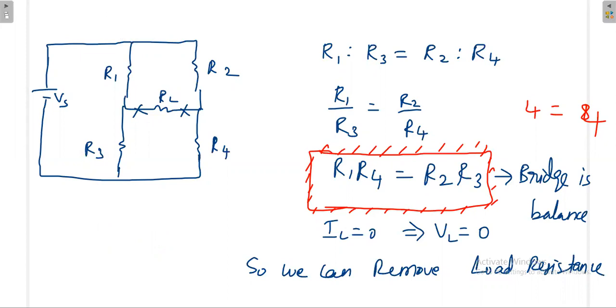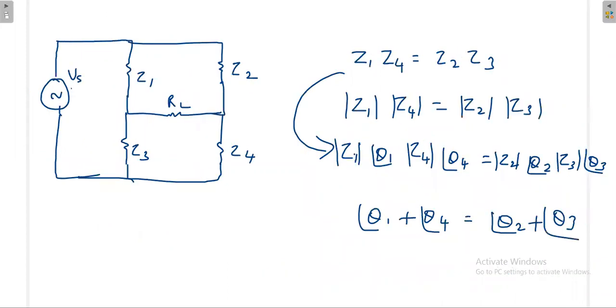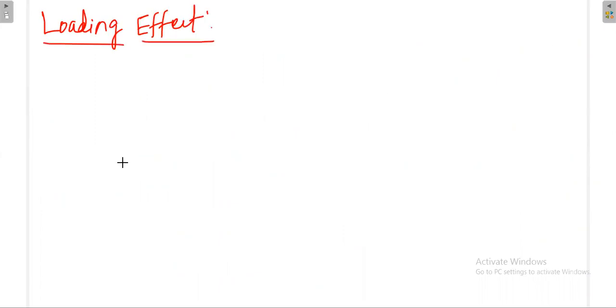Okay, so next we will see what is the loading effect. Generally this loading effect will be discussed in measurement and instrumentation, but you should know a little. So what is loading effect? Say for example, if the circuit is like this,